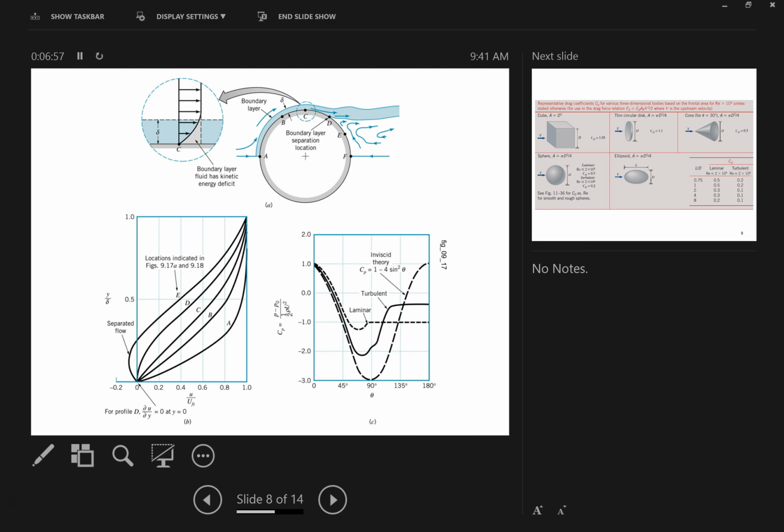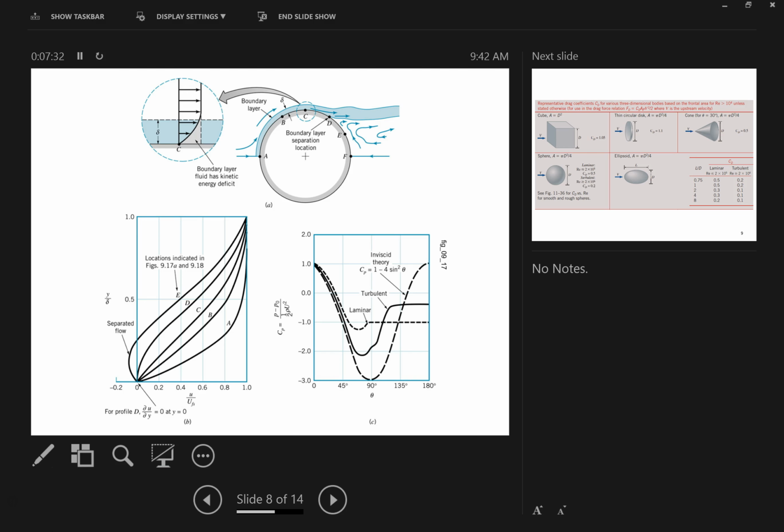anytime I'm walking or moving in air, moving in any fluid, there's always going to be a boundary layer, meaning that the liquid sticks to my surface. As I'm walking, past my arm here, the velocity of the air right here on my skin is 0 because it's sticking to me, because my arm is not moving back and forth. Away from that, the air is moving at whatever speed that I'm moving at.